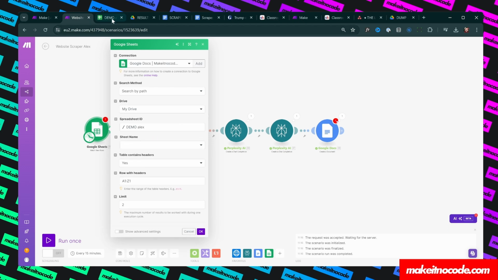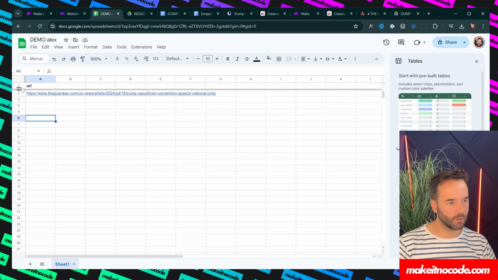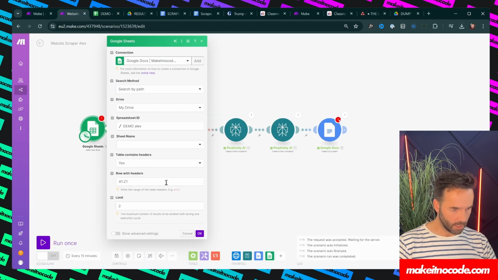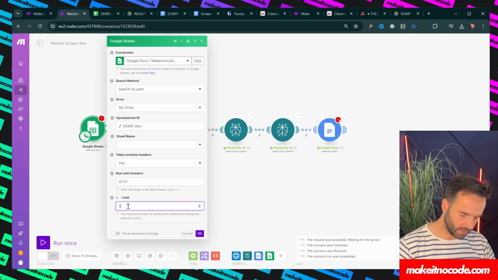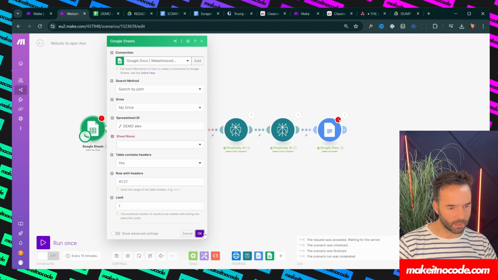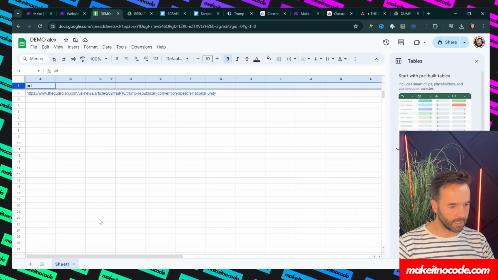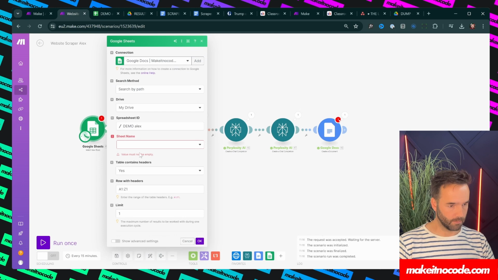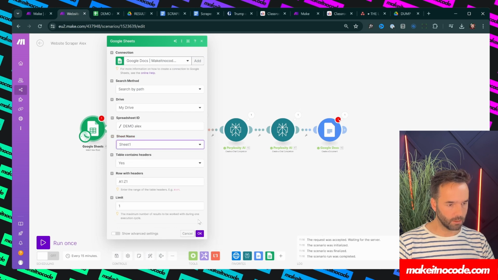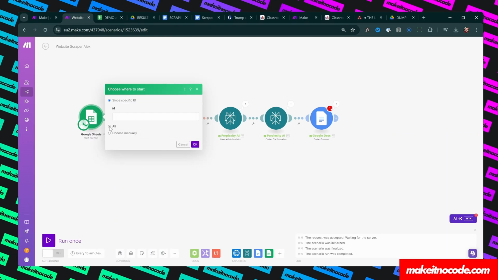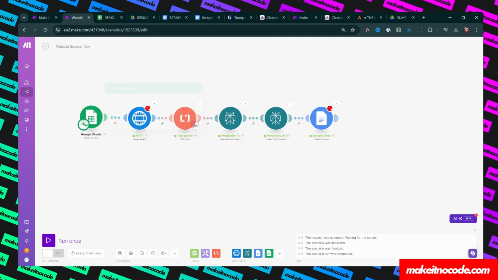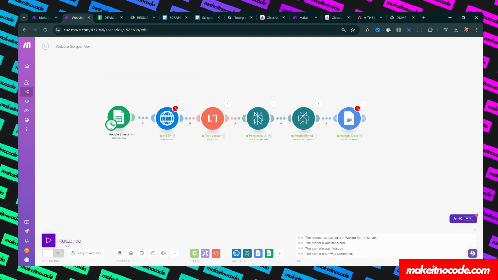Does it contain headers? Let me just go back. Anything in this row will be skipped. So what it does, it says contain headers. Yes. It's going to limit this down to 1, so we'll only do 1 at a time. Oh, sorry. It's asking for a sheet name. That's in case you have multiple sheets here. This one's just called sheet 1. So sheet 1. And then I'm going to hit start. Where do you want to start from? All. Hit OK. And now if I say run once,